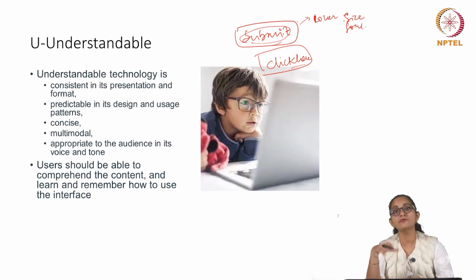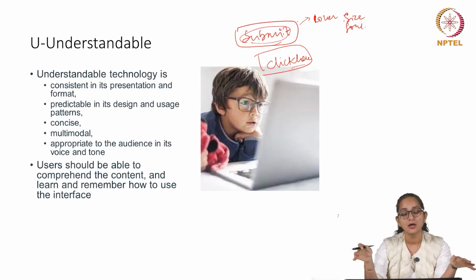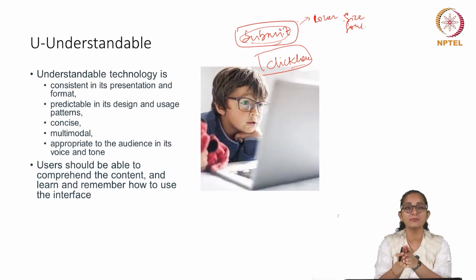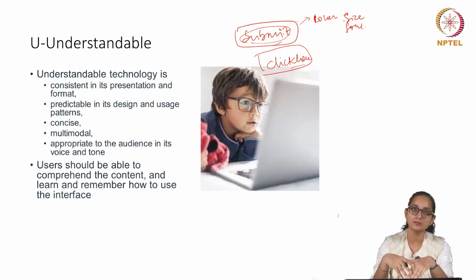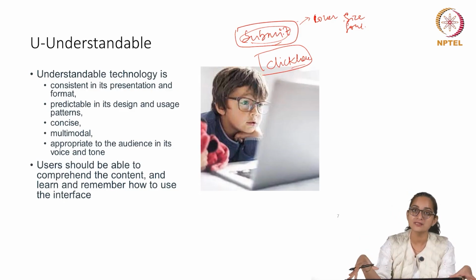So, for different kinds of users, the importance or the priority of all of these 4 parameters may vary, but from a digital design perspective we have to look at all 4 of them, in order to say that yes, our system is accessible to a diverse set of audience.